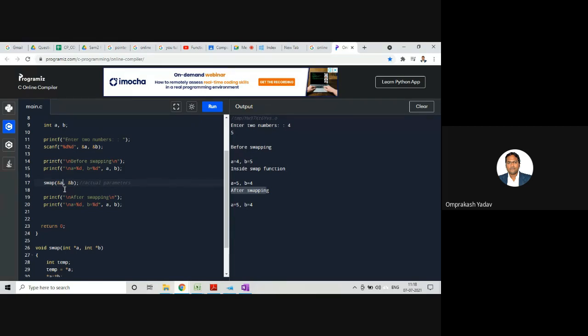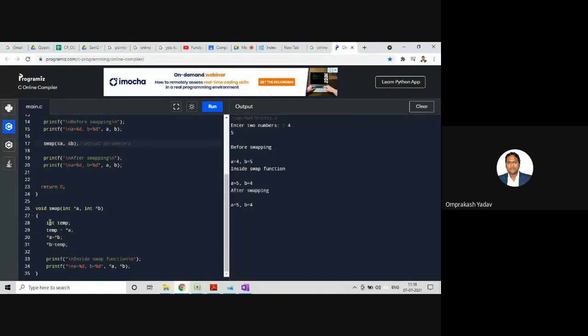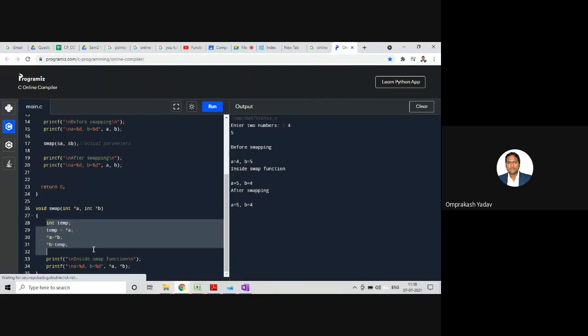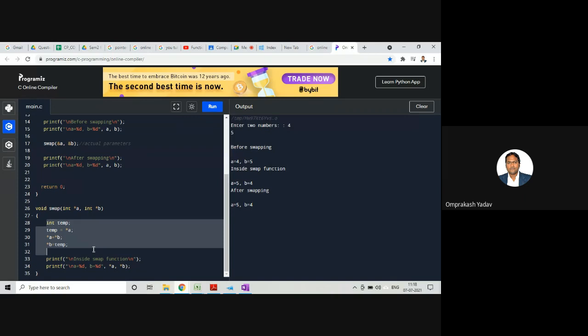So whatever changes we do inside this function will be reflected at that particular location where the original copy is kept. Hence whatever changes we do on the formal parameters will be reflected on the actual parameters, and that's why the values change inside the main function also.